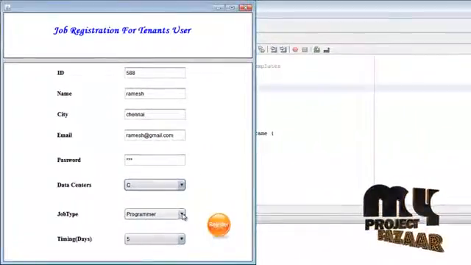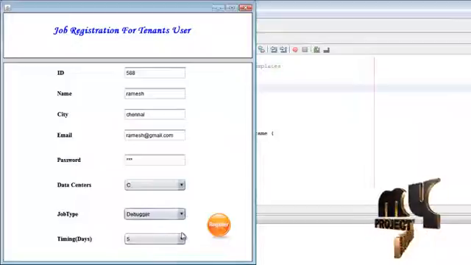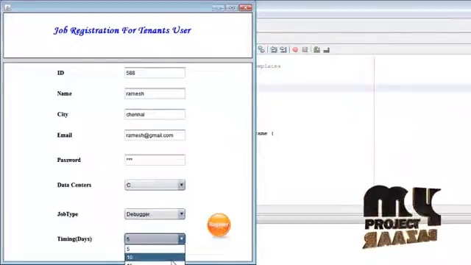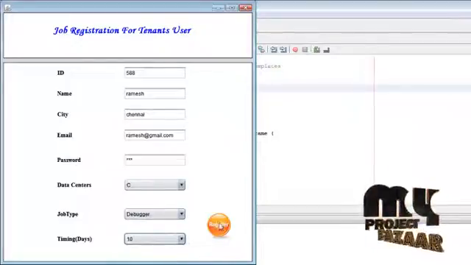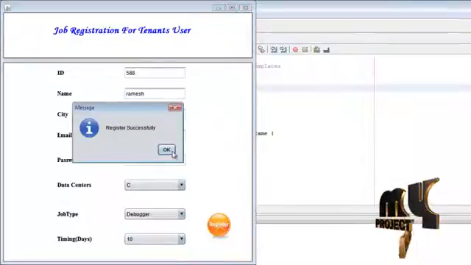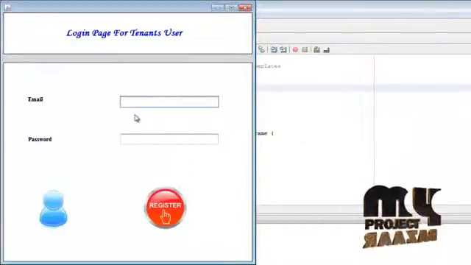Select the data center, select the job type and how much time they give to allocate for a resource, and register properly. And go to the login page, enter the email ID,